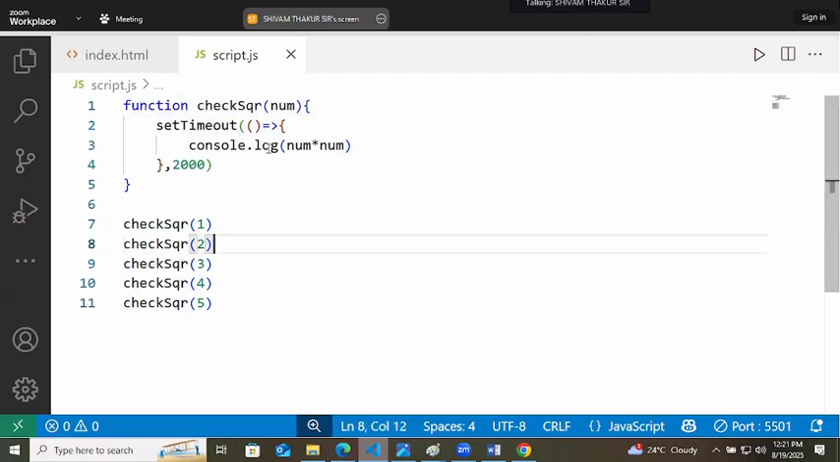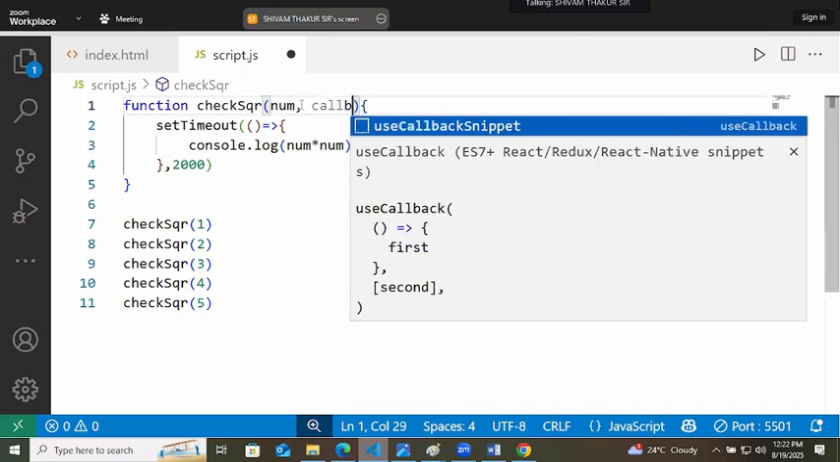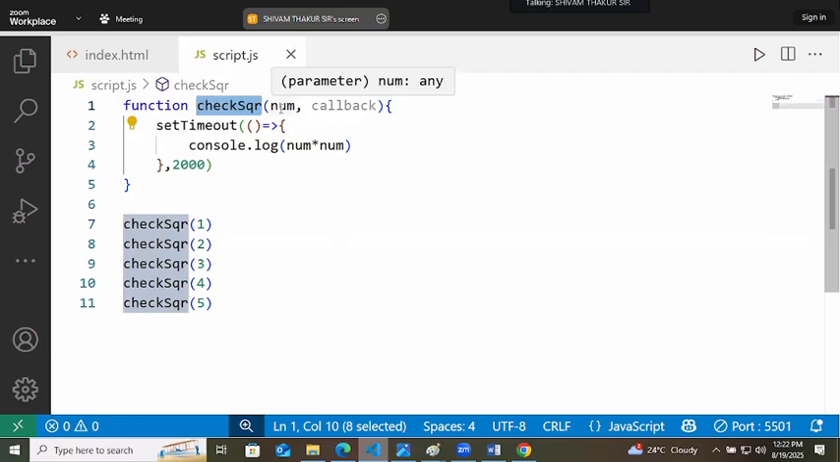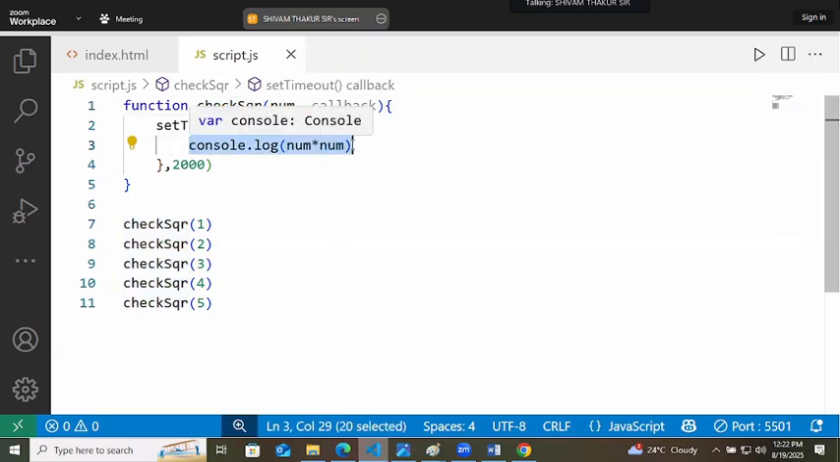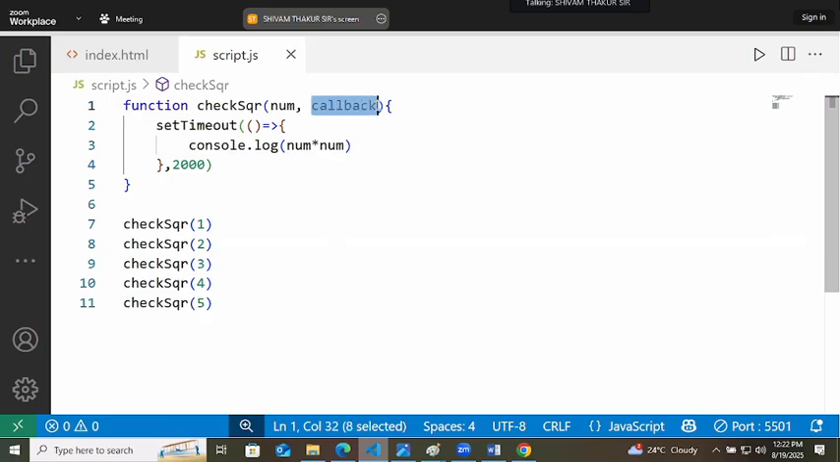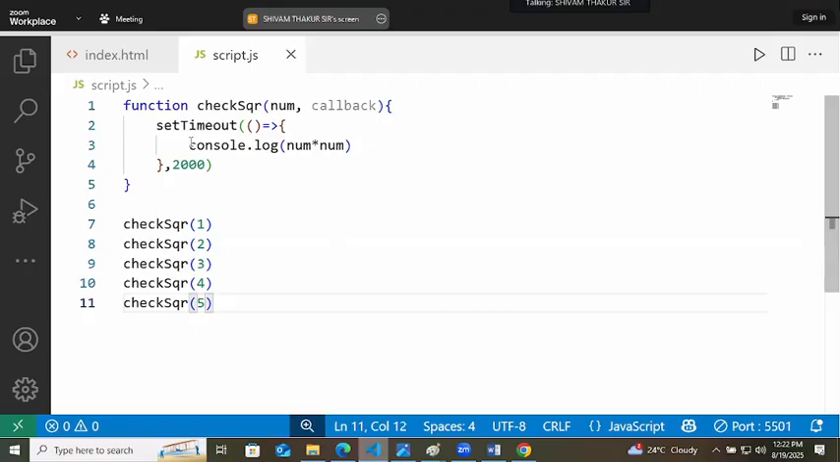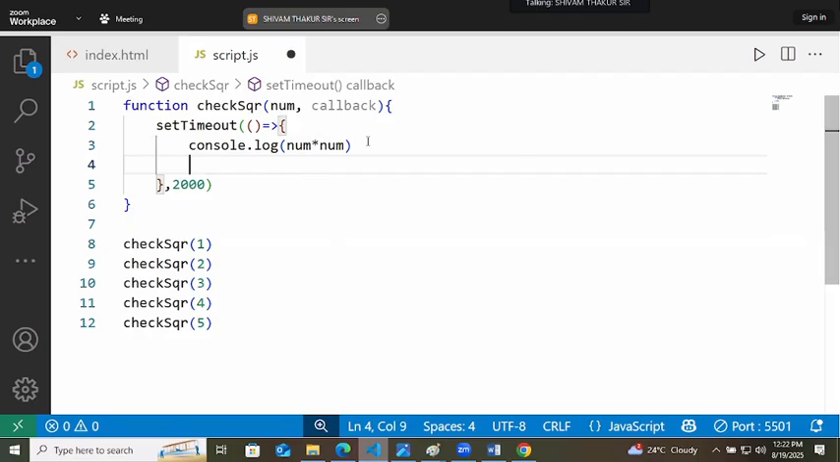Now the check square function will take two things. One number it will take, and it will also take one callback. Means if you want to check the square of any other number, this check square will take one number. Let's say you gave 5. It will say 25. Then it will check, do you want the square of any other number? Then keep on, keep on. So what will it do at first? It will print the square. After that, it will check